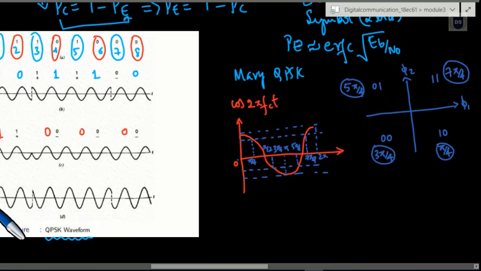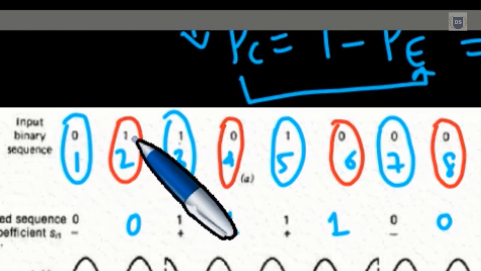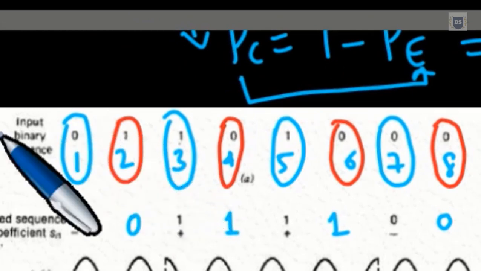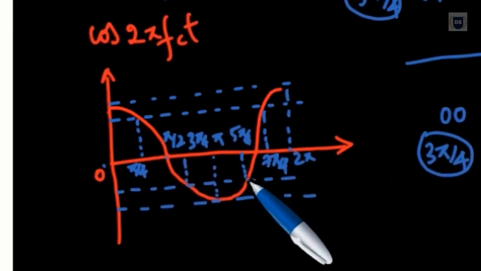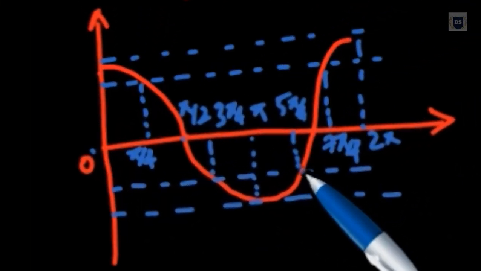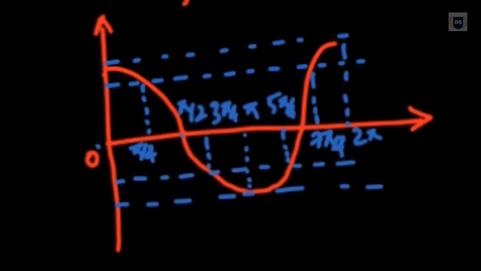So back over here, while drawing QPSK waveform, all I got to do is think of values that which we are getting. So initially we are getting value 0 1. So for 0 1, this thing corresponds to second quadrant, that which is associated with a phase value of 5 pi by 4. And where exactly we are having 5 pi by 4? We are having 5 pi by 4 somewhere over here. Let me copy or duplicate this.